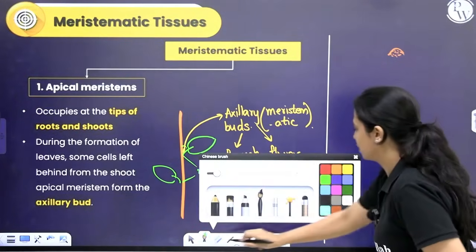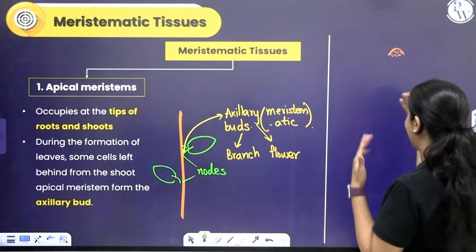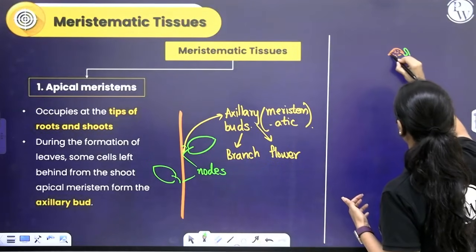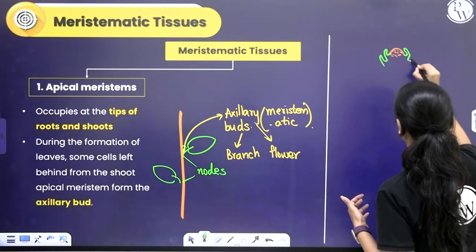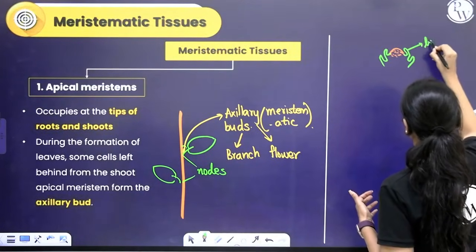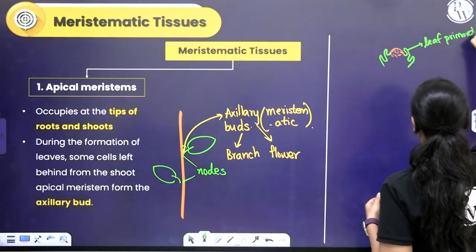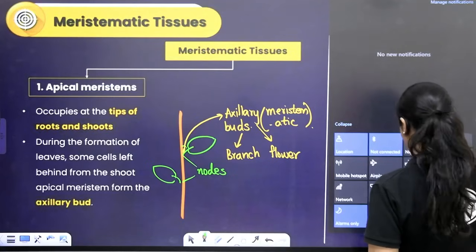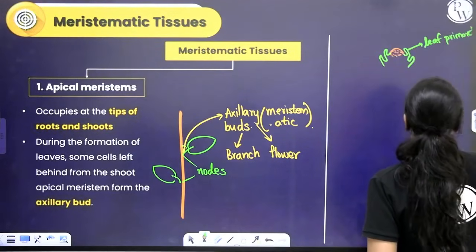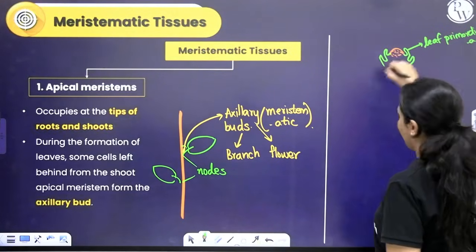From the sides of the shoot tip laterally, you can see small leaf-like structures or appendages present. We call them leaf primordia. Right now, you don't yet see them as leaves. They are not large enough to be seen as leaves. But what we can say is that they are going to become